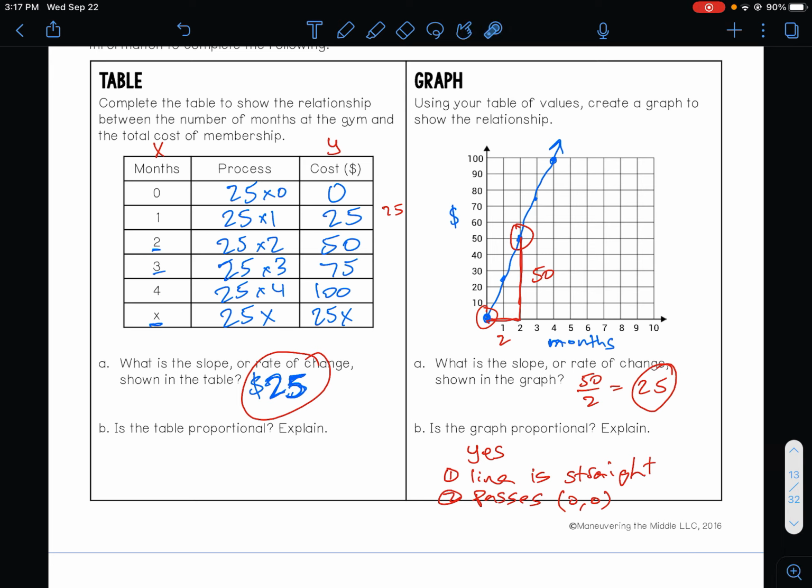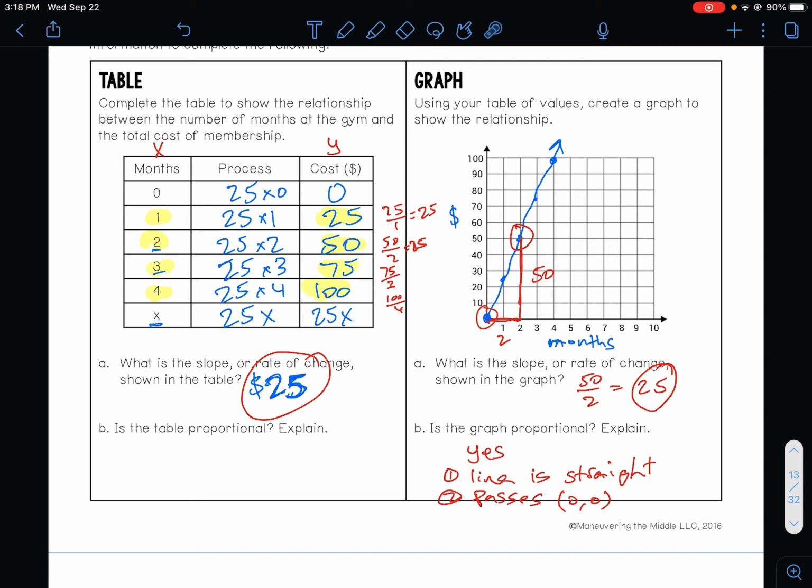Our x is 1. 25 over 1 is just 25. We have 50 over 2. That also equals 25. 75 over 3. Does that equal 25? It does. 100 divided by 4. Does that equal 25? Yes. So if you look at all these points, 25, 50, 75, 100,